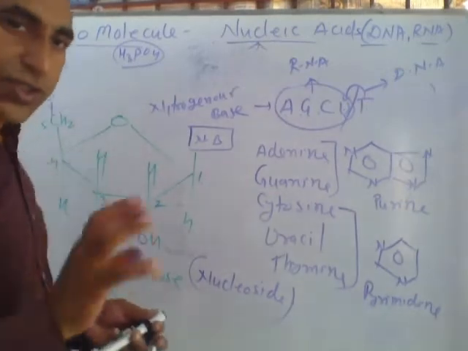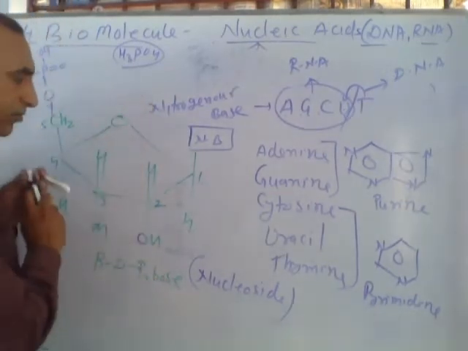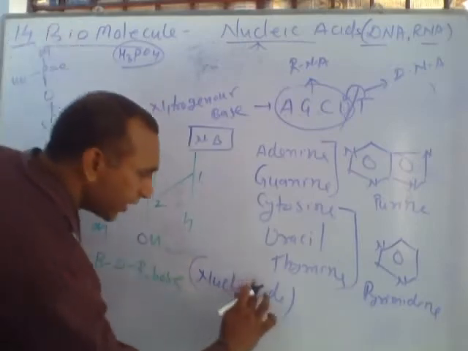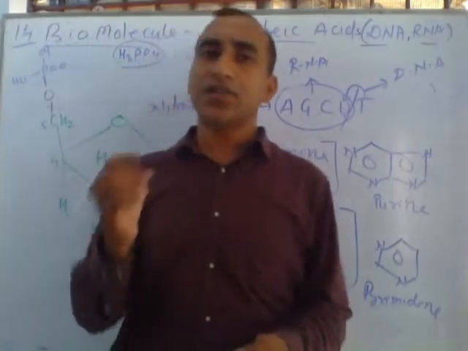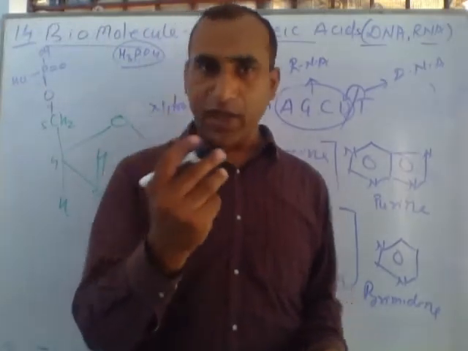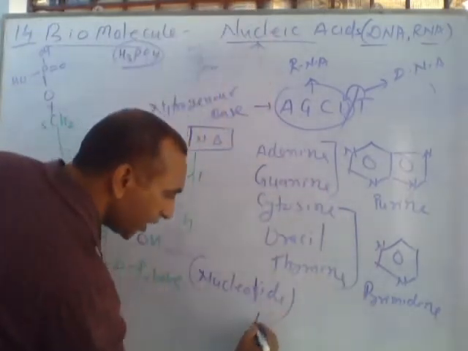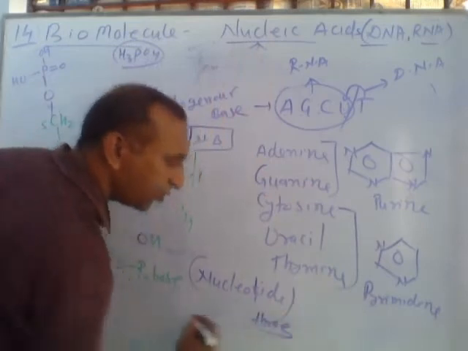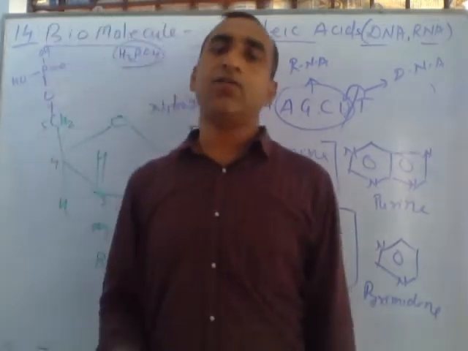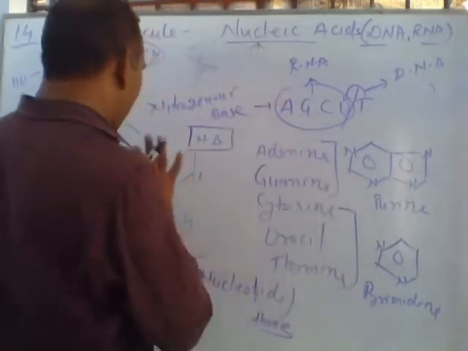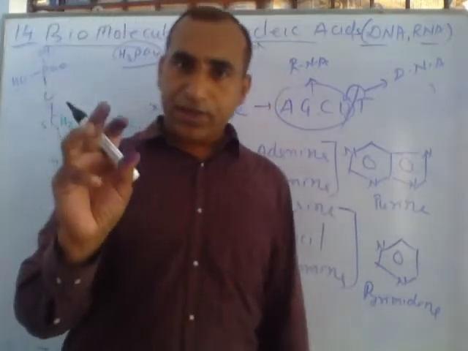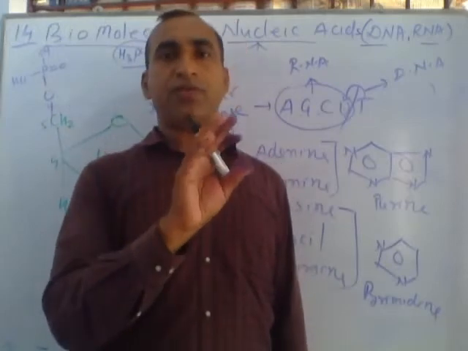So if these three units are present in any system, this complicated structure is called a nucleotide. Only you use T instead of S. T for tide, and you can also remember T for 3. If three units are present, this is called tide, nucleotide. If two units are present, this is called side. So nucleotide means nitrogen bases, pentose sugar and phosphoric acid.